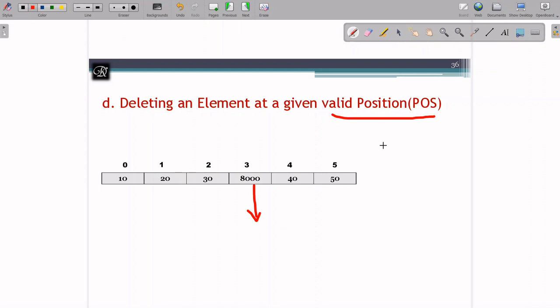Otherwise, you will continue. Now, you need not ask for an element because you are performing a deletion operation. You have a position, consider position is 3 again. Position is 3. Let's delete this. So directly we can delete this, but after that this place will be empty. So what I have to do is shift 40 back here and shift 50 back here. Again the number of elements will decrease by 1. So n minus minus.